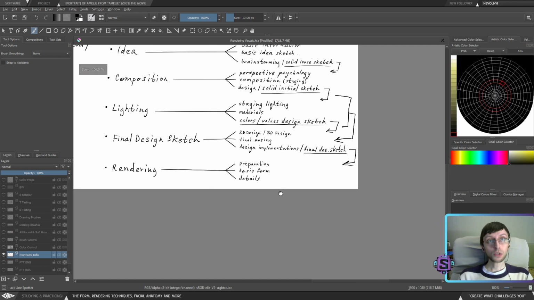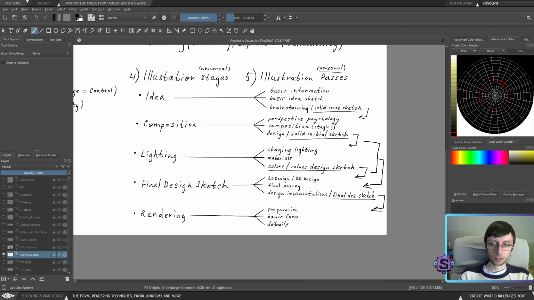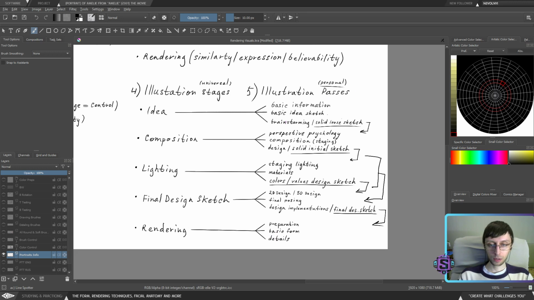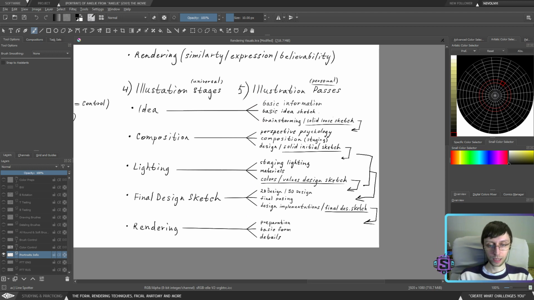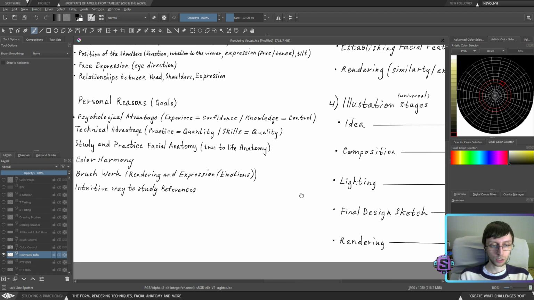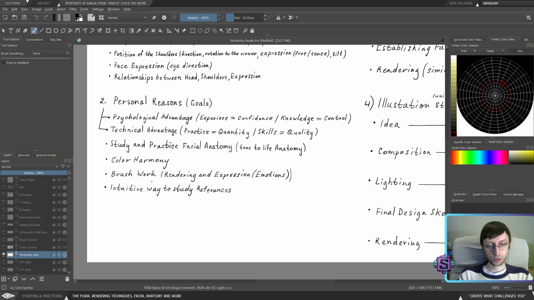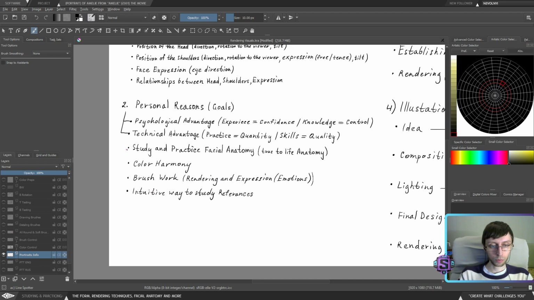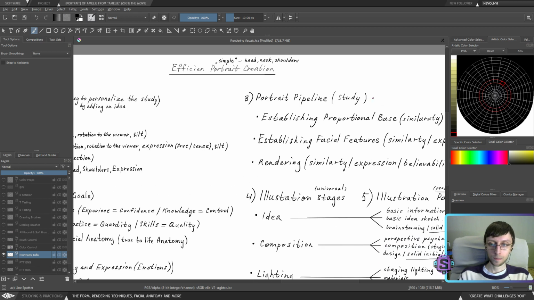Again, each person is going to have a little bit different variation of the passes. For me, those are the passes for now. I will definitely change them, especially considering the fact that now I added such an element as color harmony and brushwork. Right now we kind of covered those two already in terms of the study.